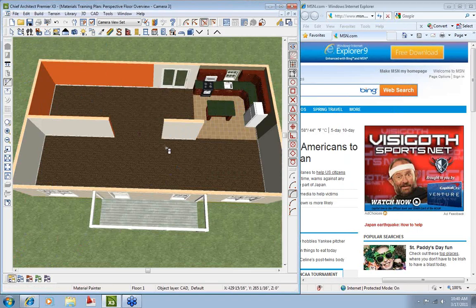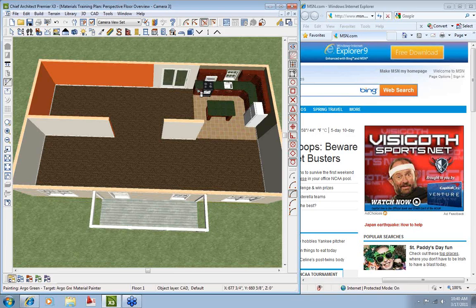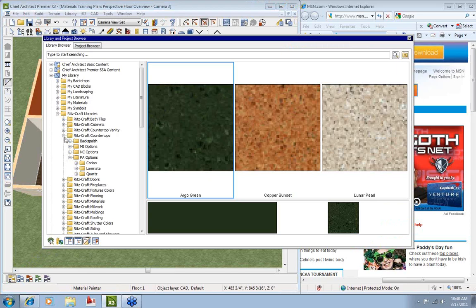Now, again, if I would have checked component, it would have just changed either the backsplash or the countertop. If I checked object, it would have changed the cabinet, the entire. I'm sorry, it wouldn't change the cabinet. It would have changed the backsplash and the countertop. The component is useful in the countertop part if you want to